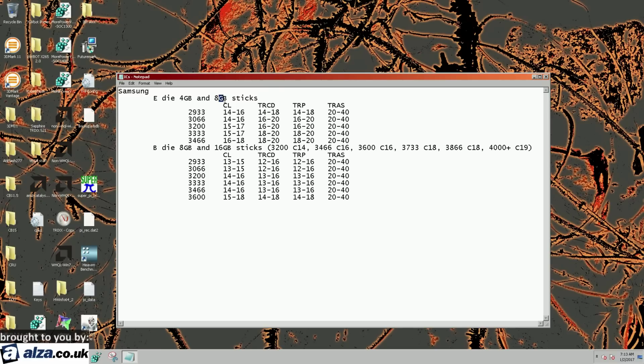Ultimately, if you fine-tune a single rank kit, you can probably outclock the advantage of being dual ranked. But dual ranked memory does get better performance at lower speeds because it basically interleaves the memory access a little bit. So it's not quite the same difference as going from single channel to dual channel, but